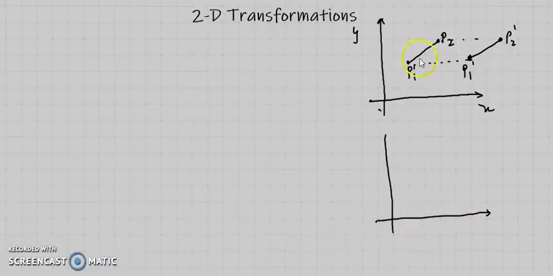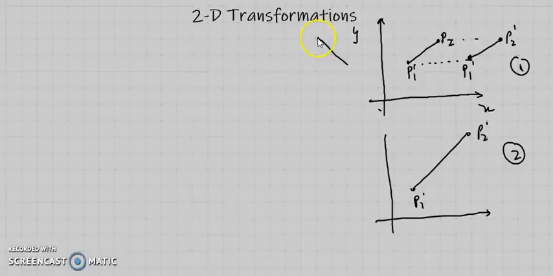The second thing that I can do with the original line is I can increase the size of the line. That becomes P1 dash and P2 dash. The third thing that I can do with the line, so this is my first transformation, this is my second transformation. I can move this line out here, P1 dash, P2 dash. This becomes my second quadrant at minus x, y. So this is my third transformation that I can do with the line.